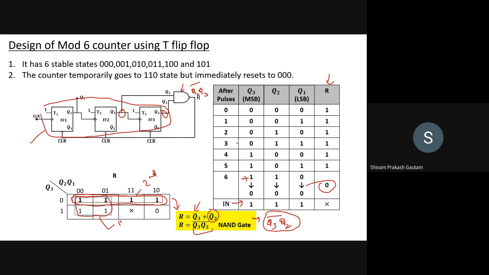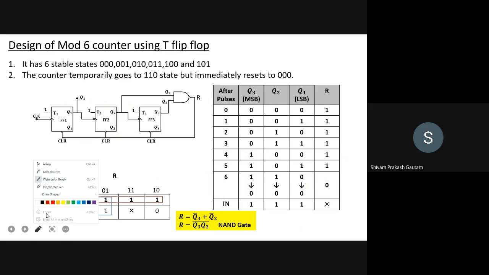Suppose you are designing a mod 4 counter, forget about mod 6. So these will be our stable states, right? And when the flip-flop reaches this state, you want reset to be 0, right? And for all the other cases, that is 5, 6, 7, this will be don't care, right? Because after the flip-flop resets itself, it will again start repeating the states. So you can design the mod 4 counter on your own as well. Is this slide clear?